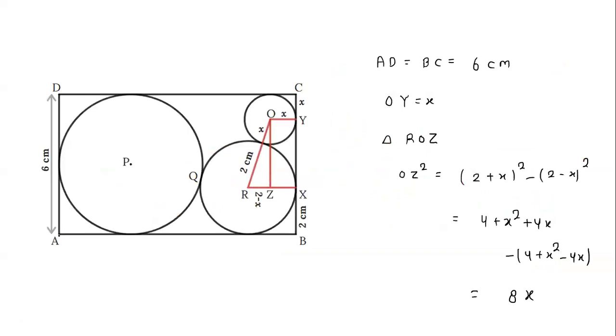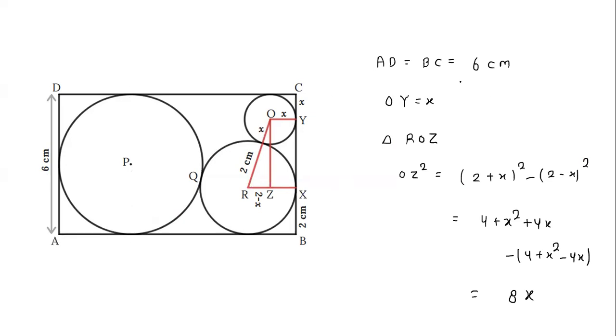So you see, we are given the radius of this bigger circle as 3 centimeter. With the help of this, we can find out one of the rectangle sides. We know this circle is touching this CD line and AB line. So this AD distance is simply the diameter of the circle, which is 2 times the radius, which is 6 centimeters. So we can directly find this distance AD is 6 centimeter, and we know in a rectangle opposite sides are the same. So if AD is 6 centimeter, this BC is also 6 centimeter.